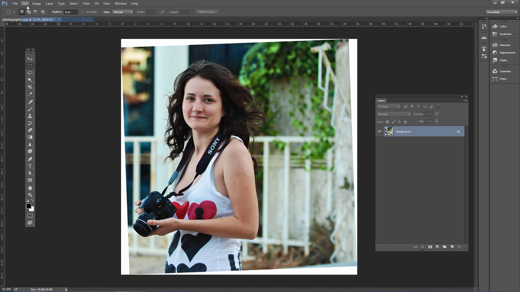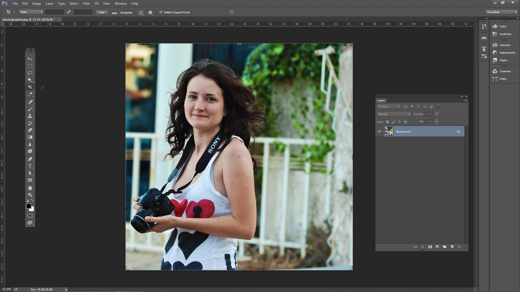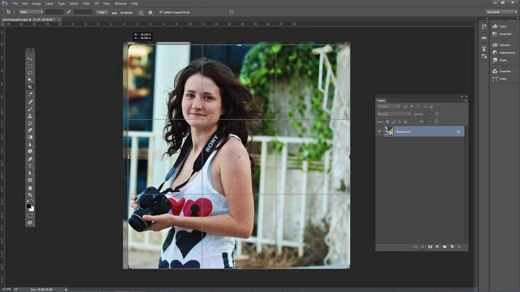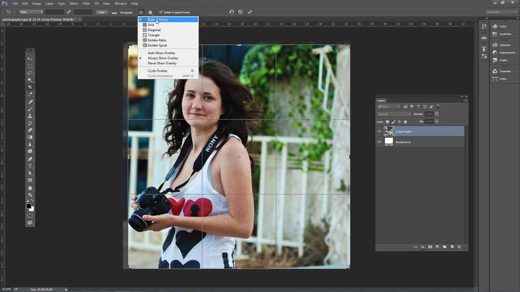All right, I'm going to step backward a little bit here, show you a little bit more about cropping. So when we are cropping, say we want to level it, or we don't even want to level, we just want to crop, obviously we can click and drag the edge. What's really useful is these guidelines that you see here. This is the traditional rule of thirds in photography. There's also a grid, there's a diagonal, there's a triangle. Some photographers like to look for triangles in their composition in portrait photography. Golden ratio, like the divine proportion, golden spiral. Those can all be pretty useful. So if we're going for the rule of thirds,